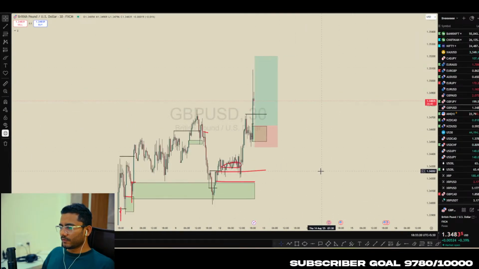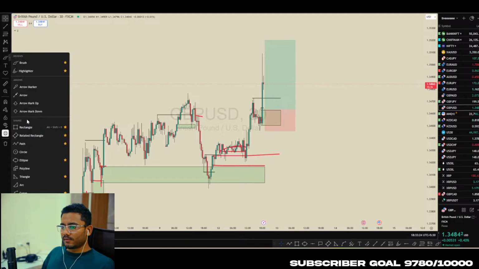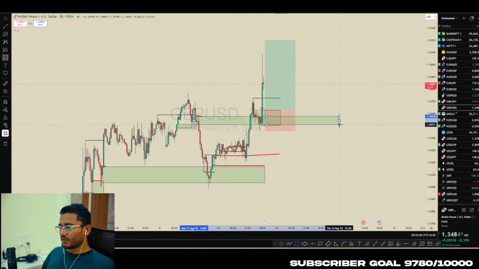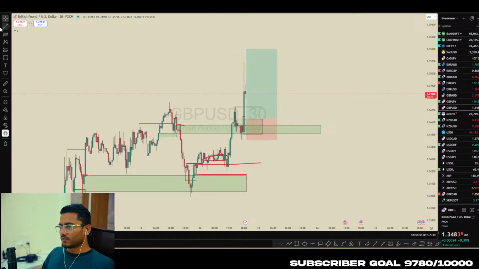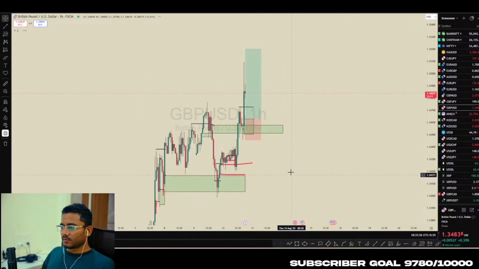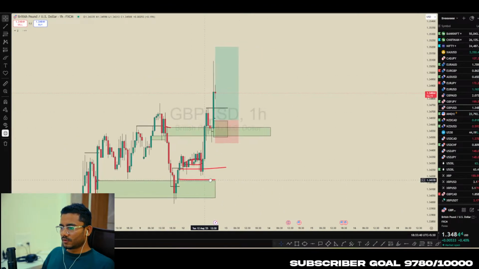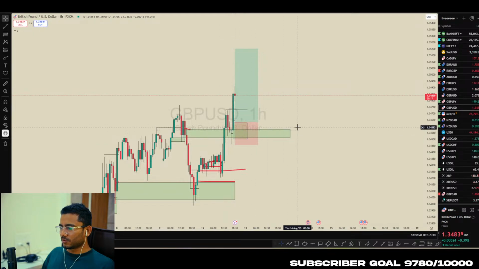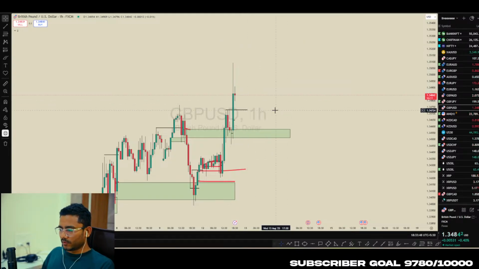Right here, we are choosing this area because to the right side, we have this breaker block. So this is the breaker block and there is this order block which broke the structure. So this zone will be more valid. And if you mark this on 1 hour, we have this wick also. So let's wait for price to react, then only we look for entry. Okay. I hope this helps.